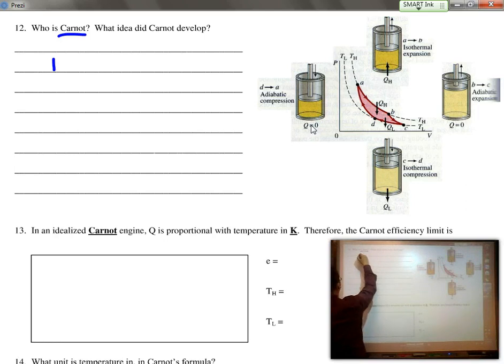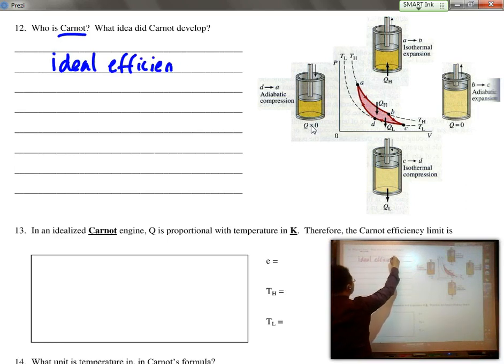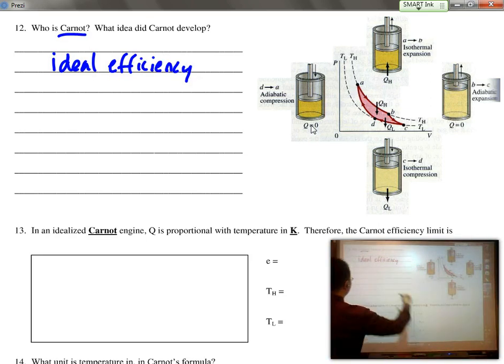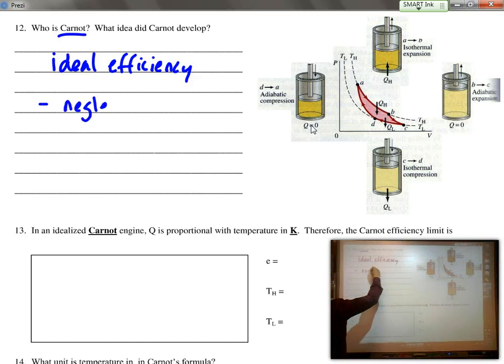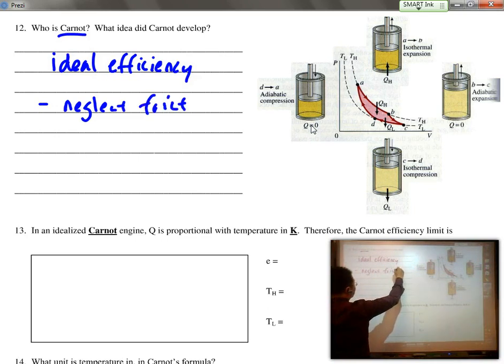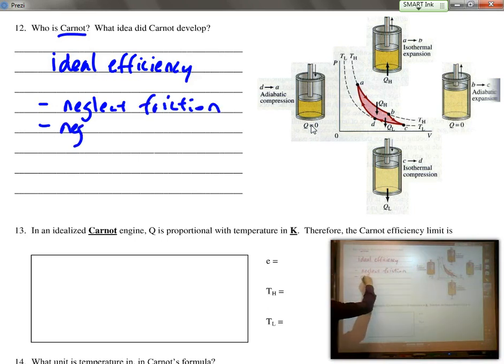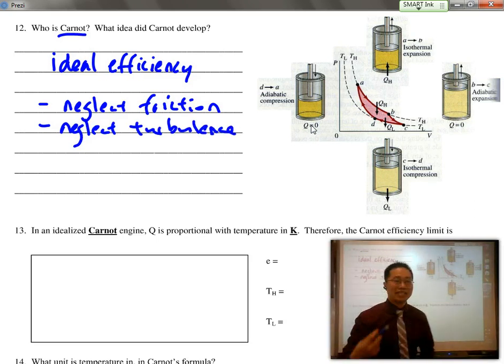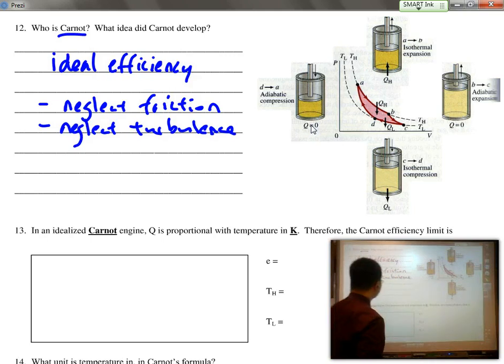And he came up with the idea of ideal efficiency, meaning that as the piston expanded and compressed, what if we were able to neglect any sort of friction or any sort of turbulence within the gas inside? How could we make this as ideal a system as possible? And you realize that if you take the cycle slowly,